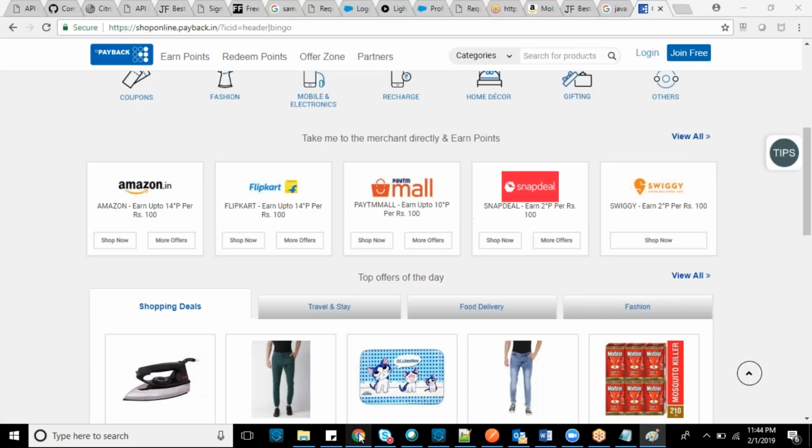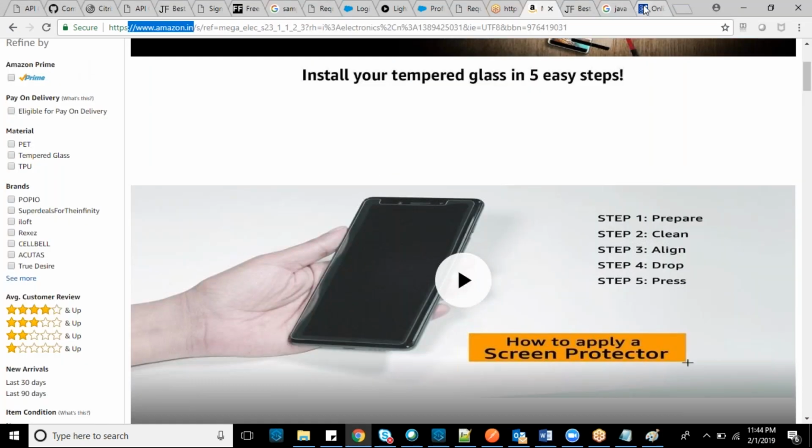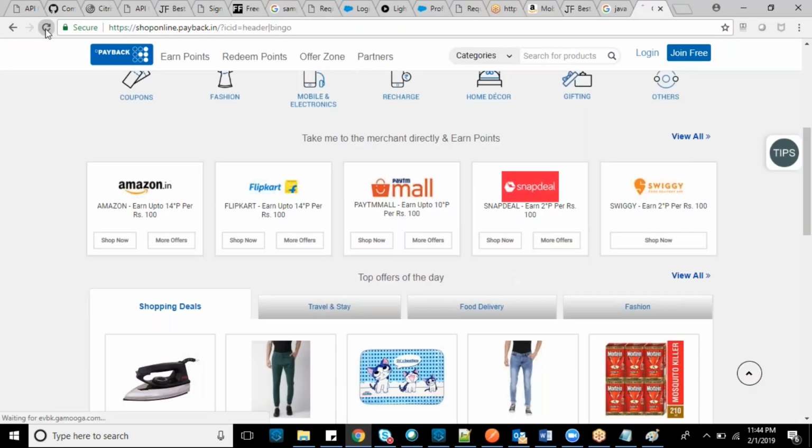In the beginning itself, if I load this one, what is happening in the backend? Can you guess? No, right? Okay, I'll tell you.